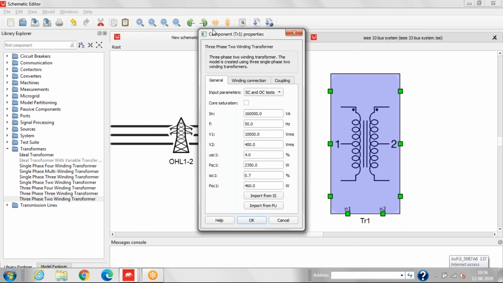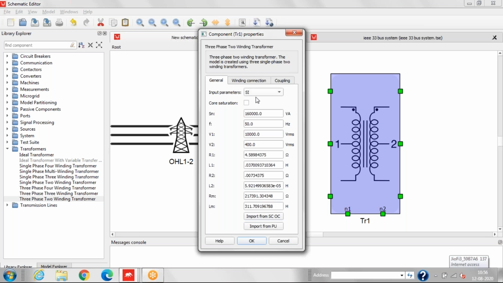Now we'll double click on that and we'll change the property. We'll change the input parameters as SI and change the value here. This will be 6 MVA, and the frequency will be 60 Hz.